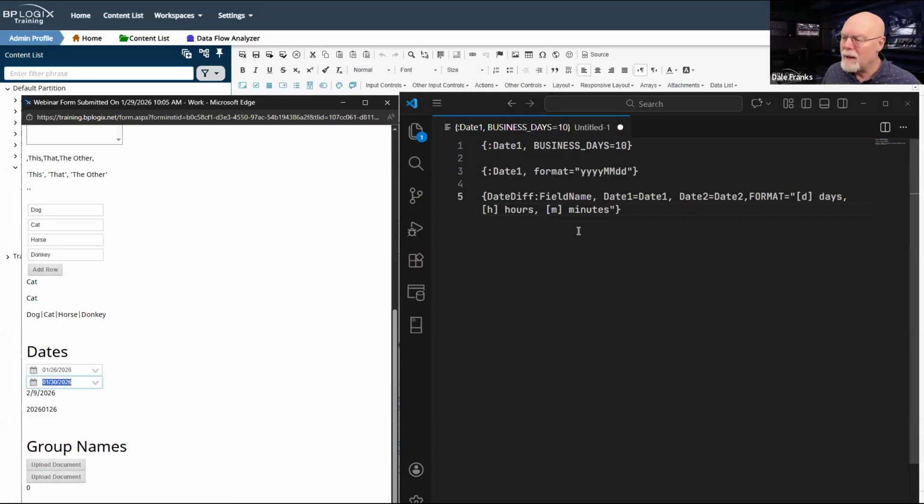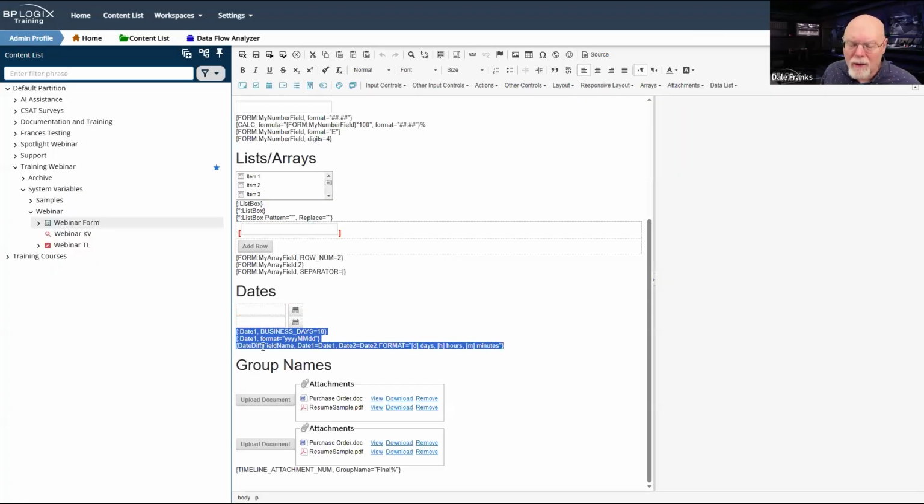And I am not seeing my date diff here working. And I'm pretty sure it is on the form date diff field name. Diff field, date one, date two.